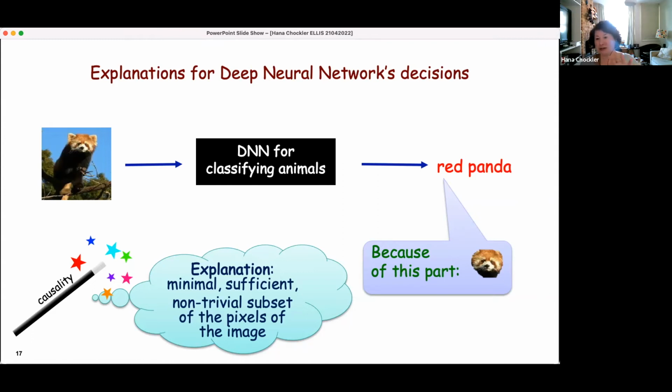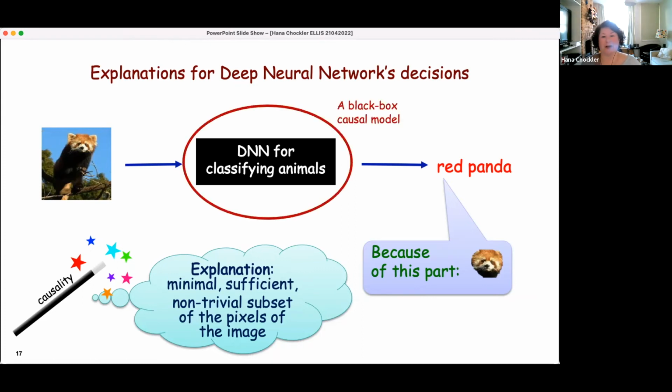The neural network here is a black box completely intentionally, because we're not looking inside the neural network at all. So how do we compute that? It's a black box causal model. We do consider it a causal model, but we don't look inside. Now, before we discuss how we do that,